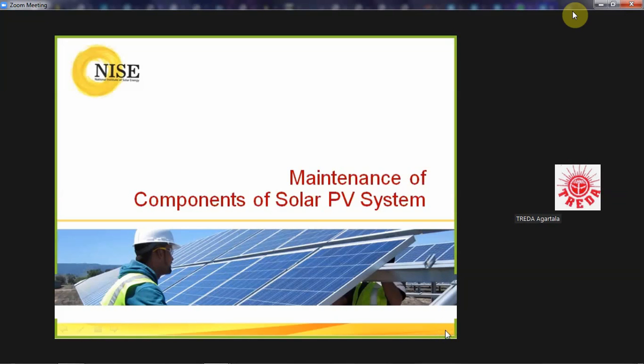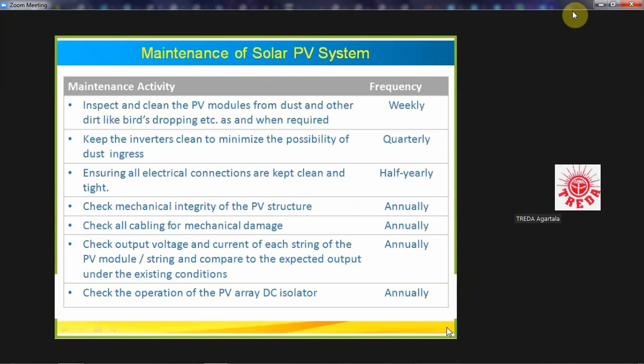Now the thing is coming regarding the maintenance of components of solar PV system. Actually, maintenance, until and unless you have to keep some provision for maintenance of the PV system,